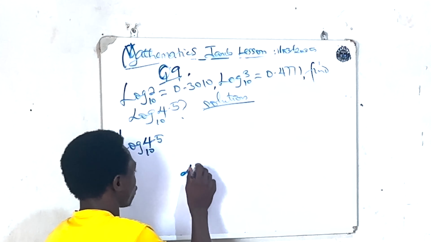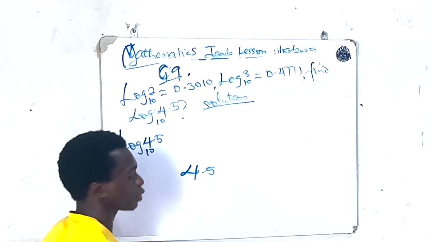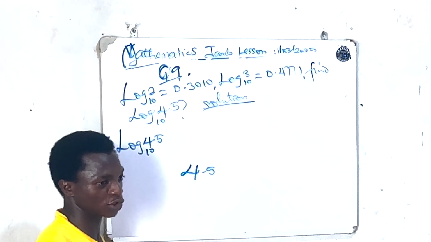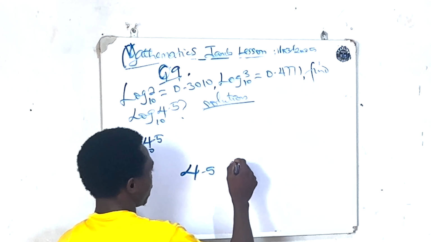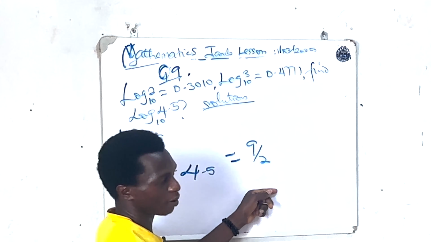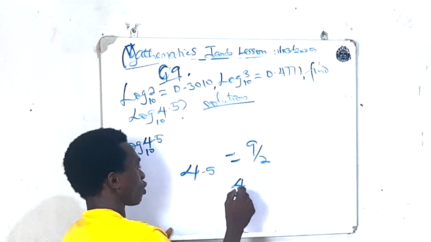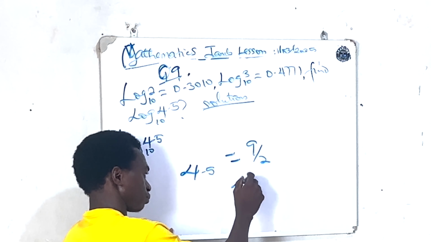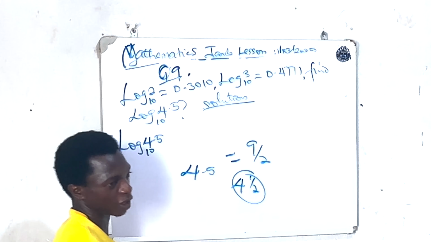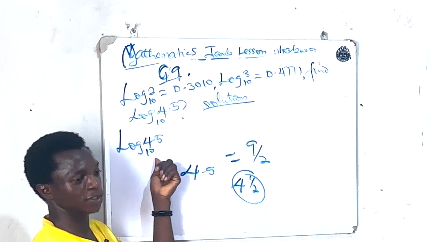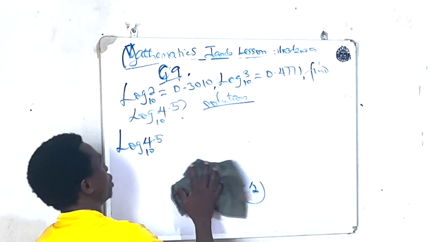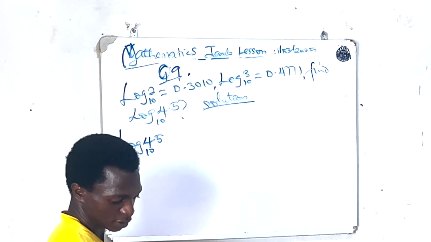Have it convert 4.5 to a fraction. To convert 4.5 to a fraction, it is the same thing as saying 9 over 2, because 9 divided by 2 will give you 4 remainder 1. So 4 and 1 over 2 is the same thing as 4.5. So when you are given this logarithm question, you can simply express log 4.5 as